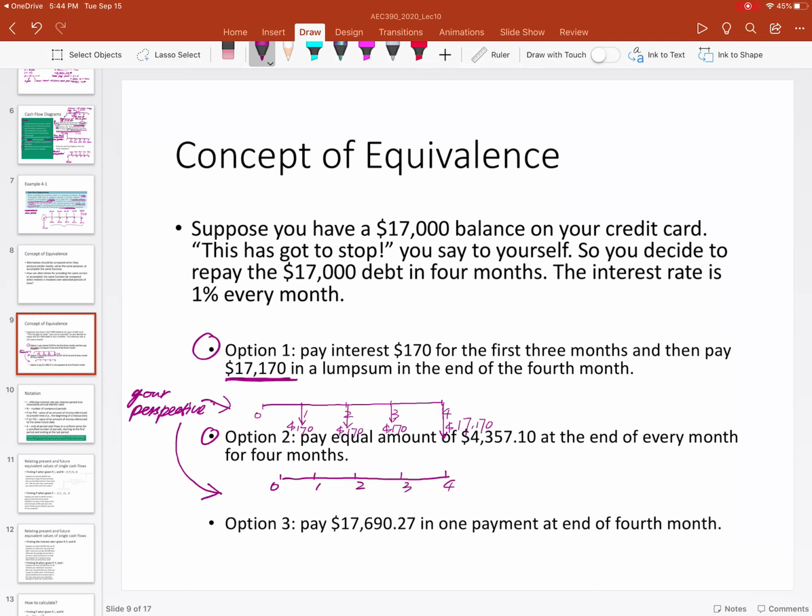All right. And then it said at the end of every month, you're going to pay 4,000 something. So that's the money that goes out from your pocket. That's your cash flow going out. So it's downward, okay? And you label that number